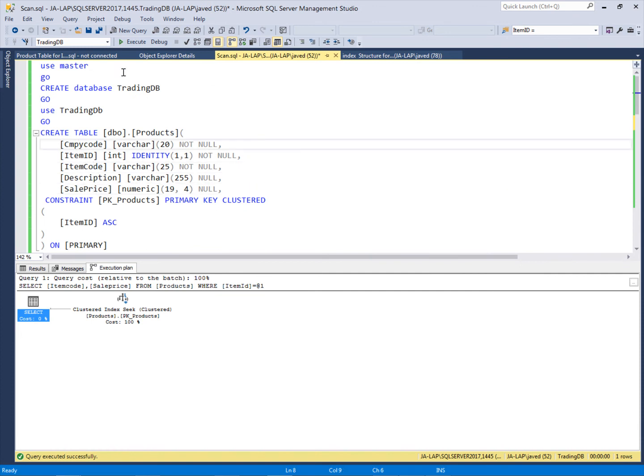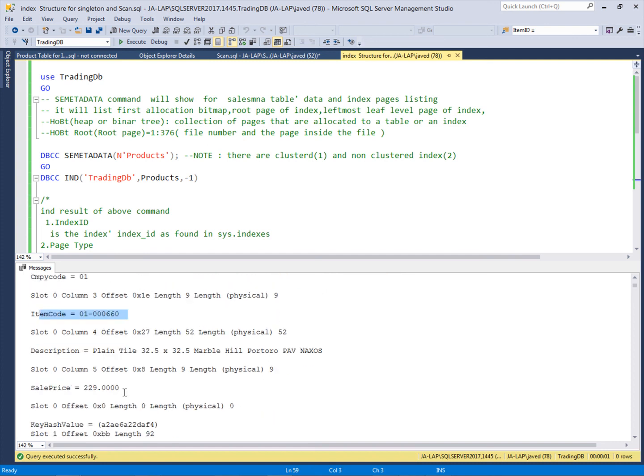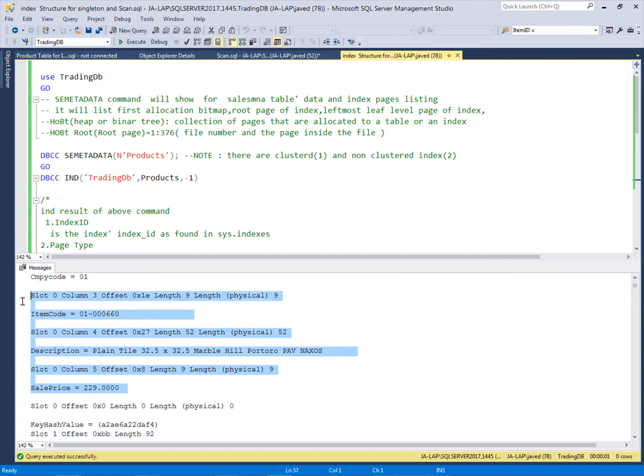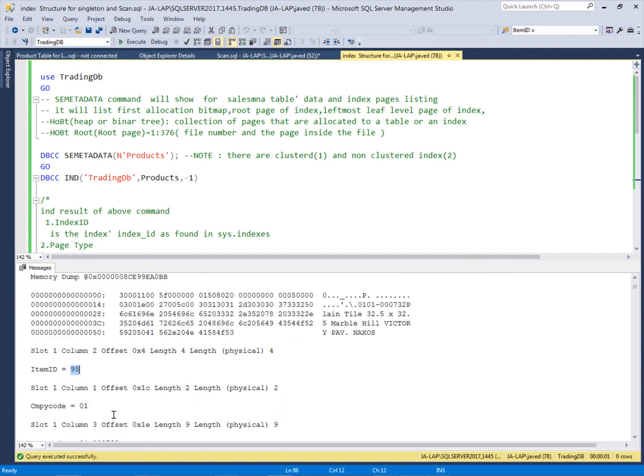So we can find out here, this is the item ID, this is the company ID, this is the item code, and this is the sale price for the first record, and then the next record will start, item ID 95.